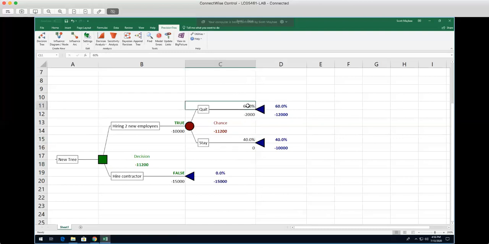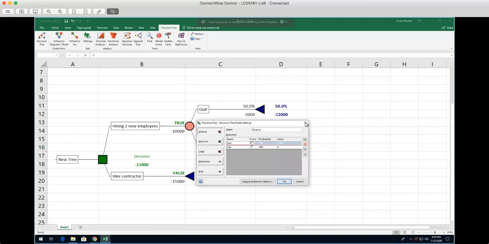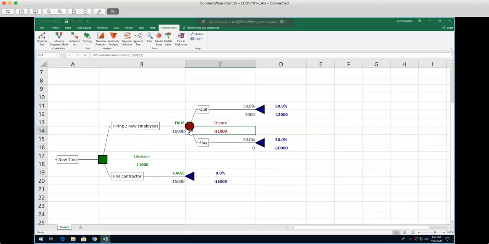If I'm going to go back and change my mind back to the way it was, I just click in 50% again and type in 50% down here again. Click enter. And my values will change again. Alternatively, I can click this node and go right back to where I was and change those values. Okay, so instead of having to do that all over again, I'm going to copy this over because I know